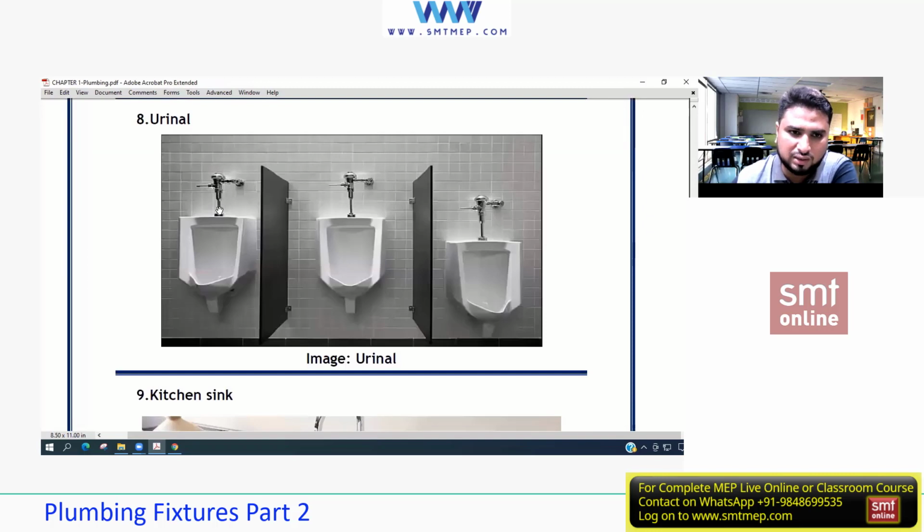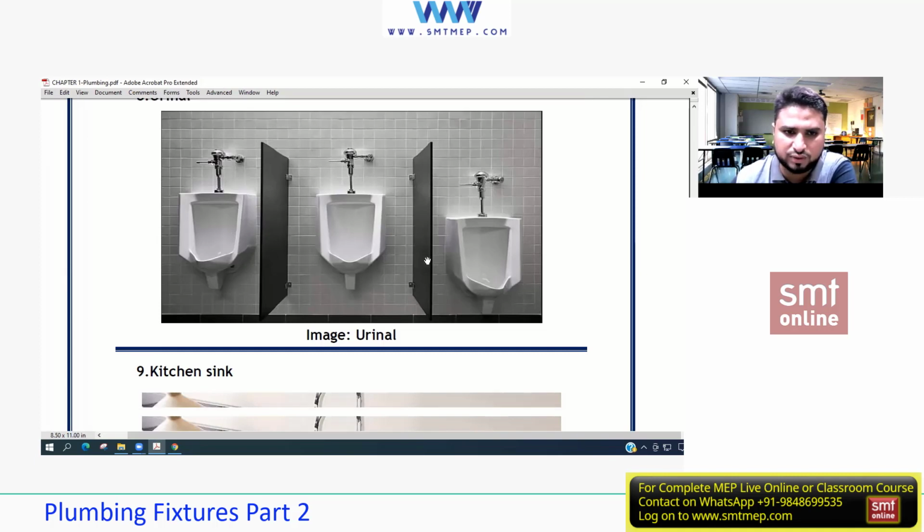Next is the urinal. Just before proceeding with the urinal, I wanted to show you what is connected with it. What are these three above? Flush valves. Yes, these are our three urinals over here. This is for kids, that's why it's installed somewhat below. This is for the adults. Again, this demands only cold water, just for the flushing purpose of the liquid.